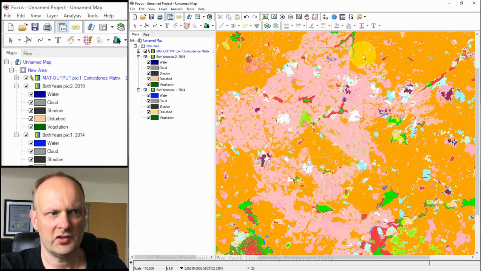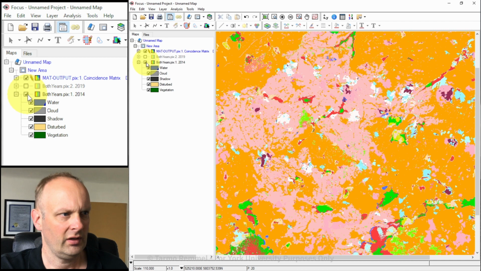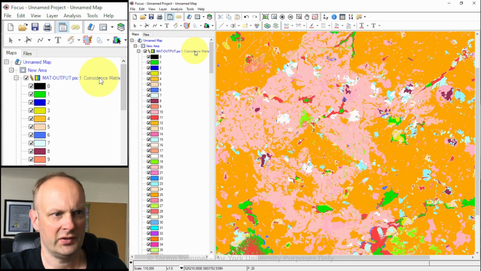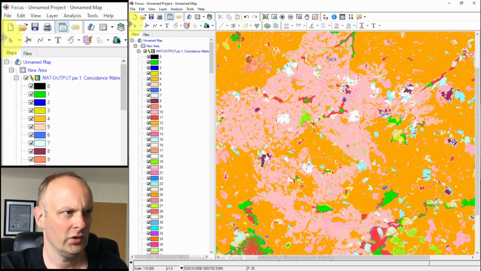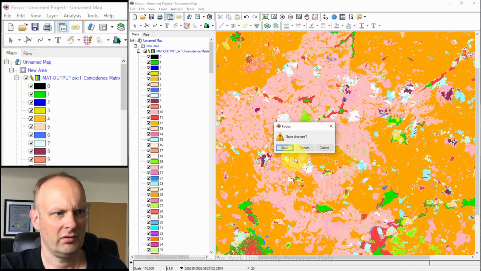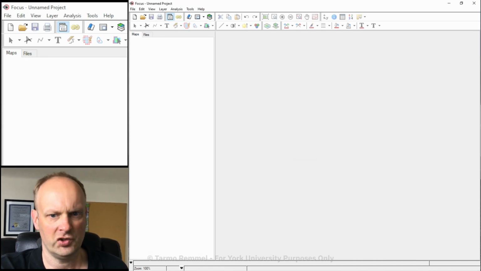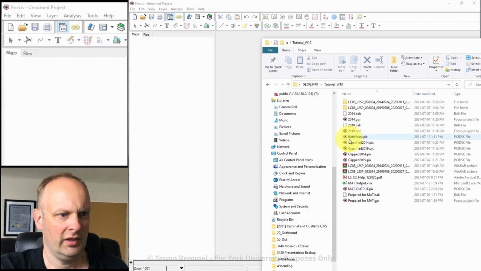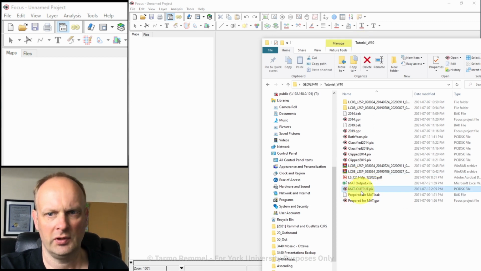Okay, so exactly the same result that I had before. Notice that I have this result here as an output into the viewer, but I'm going to hit this white tab to create a new focus sheet, and I'm not going to save any of my changes. I'm going to pull up a Windows Explorer that has my MAT output PIX file in it. I'm going to drag it in,